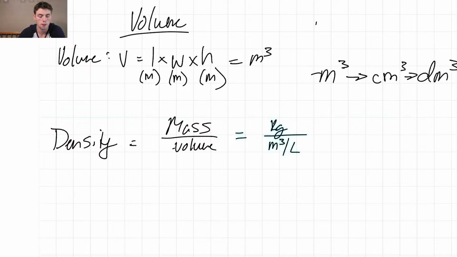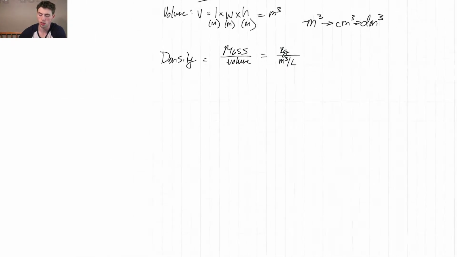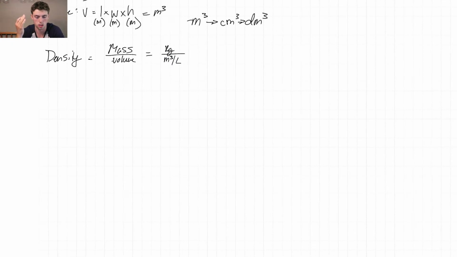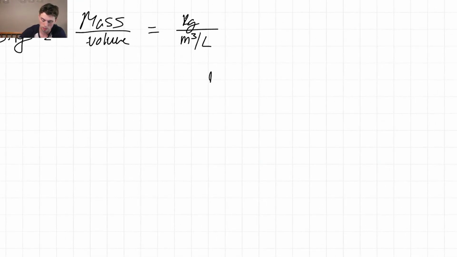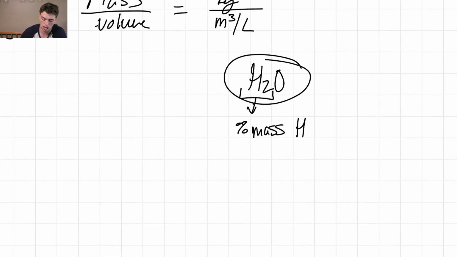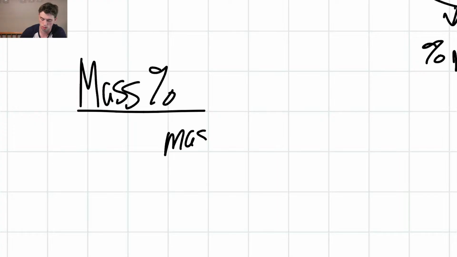Now, when we're going through chemical compounds, you want to know what percent of something there is. So if I have water, H2O, and I want to figure out what percent of the mass is hydrogen out of this entire thing, I would use mass percent. And mass percent is the mass of the component